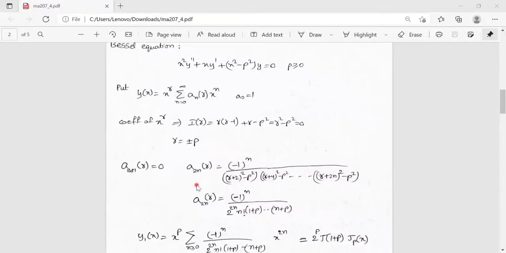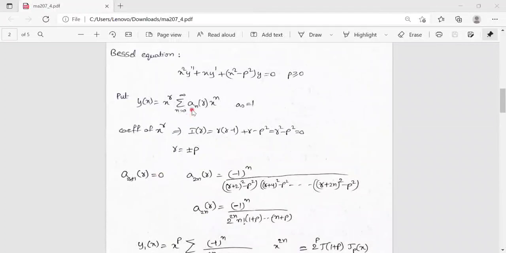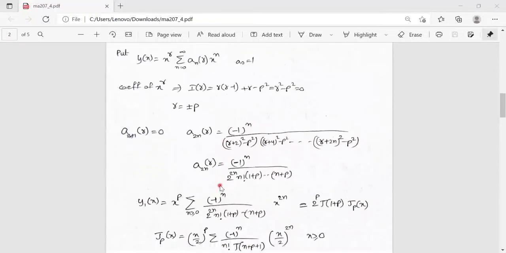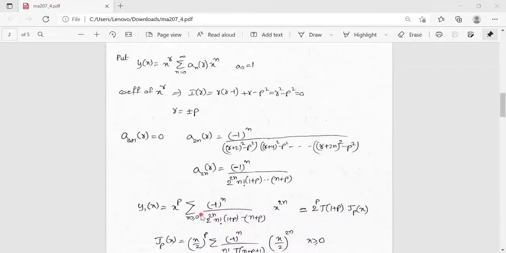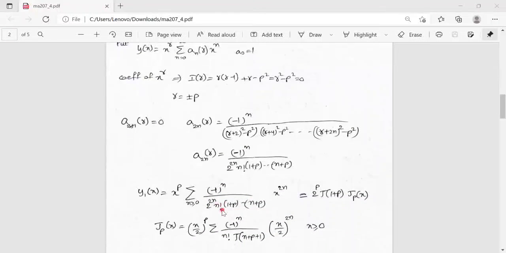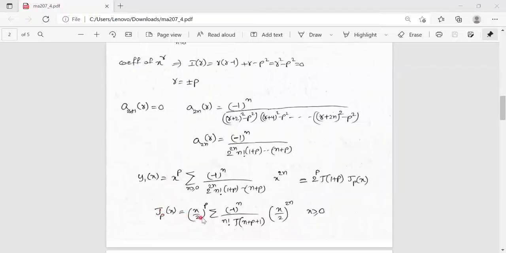By solving, we can see that the odd terms of this a are 0, and even terms we get like this. So we get the first solution by substituting r is equal to p, and the even coefficients are given here, and odd coefficients are not there. If we multiply with 1 by 2 power p gamma 1 plus p, we can simplify this equation to this form: